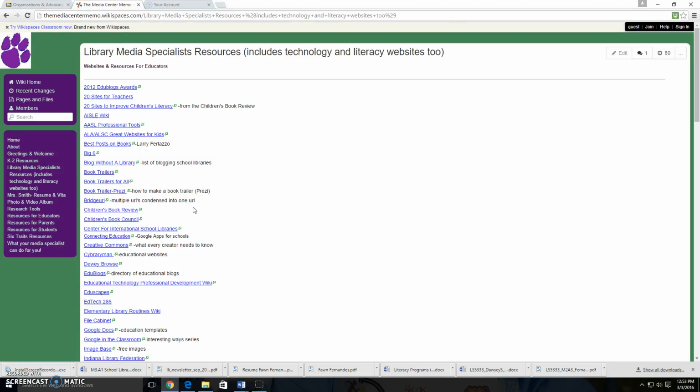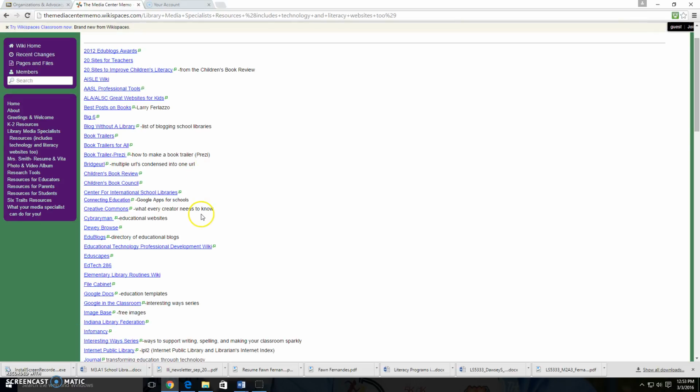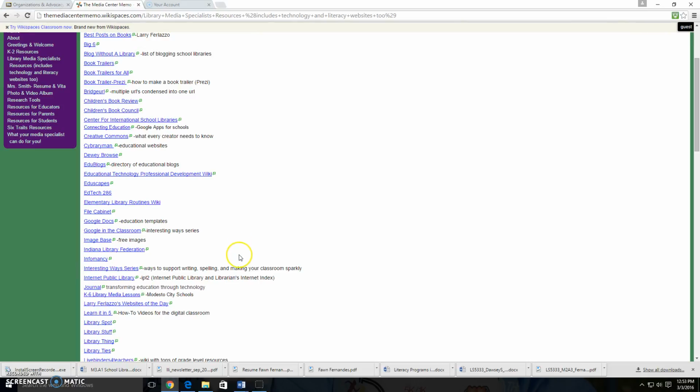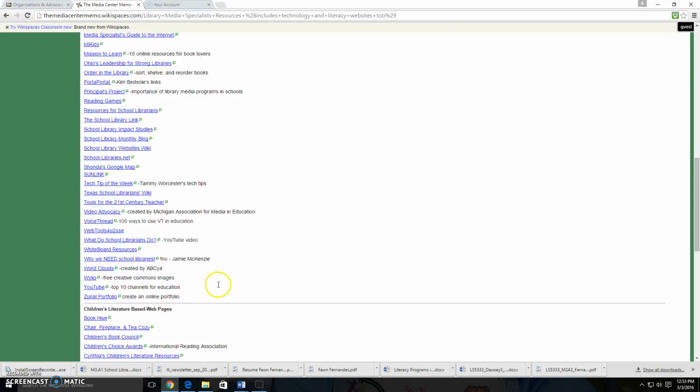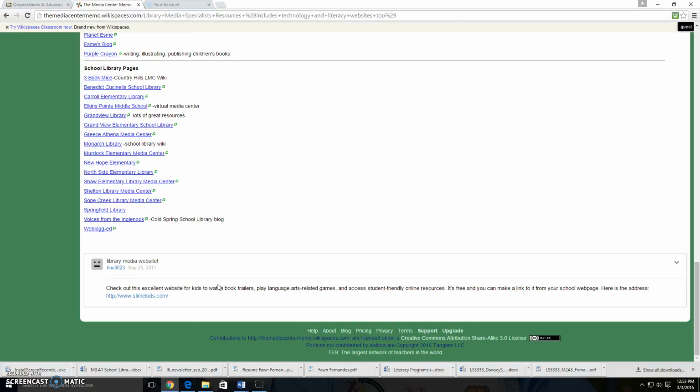She's compiled many different resources for information, including book trailers and book reviews, Google Docs, edublogs, and many other websites aimed at information resources. Now this supports the EL guidelines by providing access to various technology resources and applications to support multiple literacies. You can see she's got a lot of different resources there.